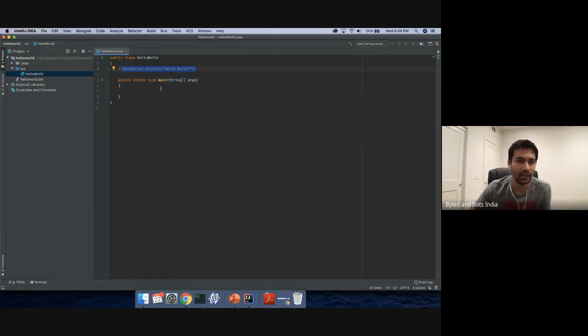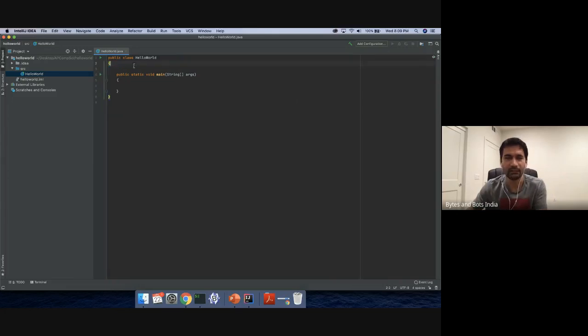Now once we have written this function, we cut that line that we earlier wrote and paste it here. So now we're saying start my program from this function, and then on the output of the system, print hello world.